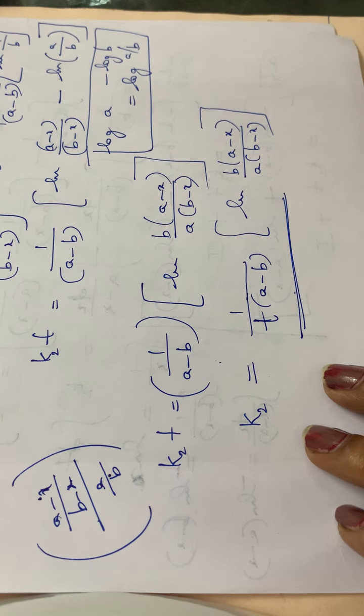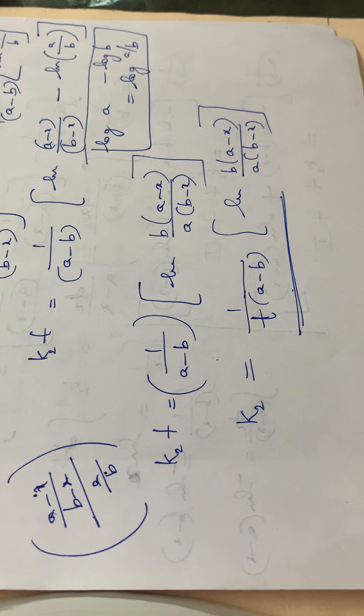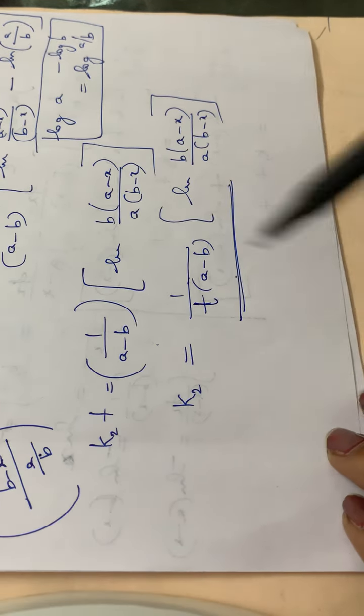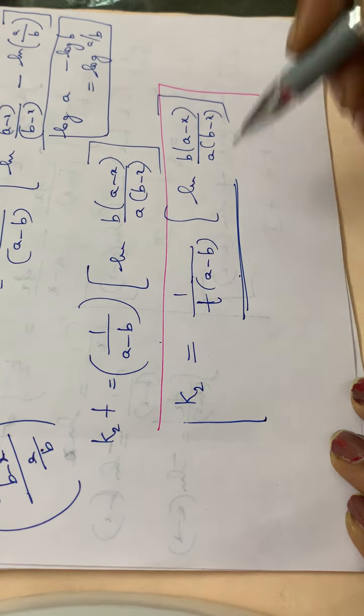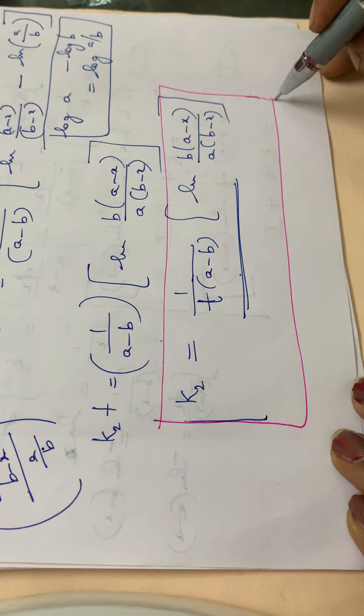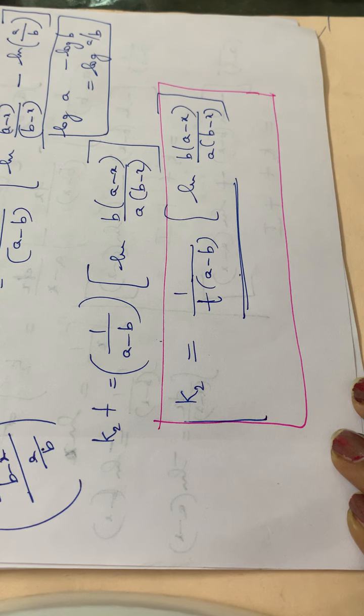So this is the integrated rate equation for a second order reaction. The remaining topics will be taken in the next session, which is a continuation of this one. This is the integrated rate expression for a second order reaction when the concentrations are different and also when the reactants are different. Up to this you have to practice the derivations.